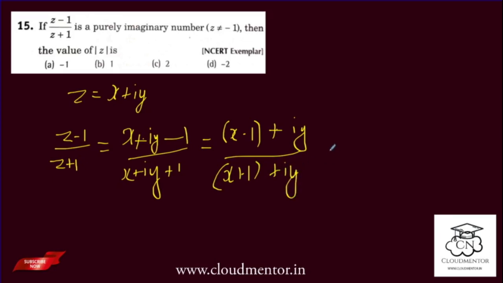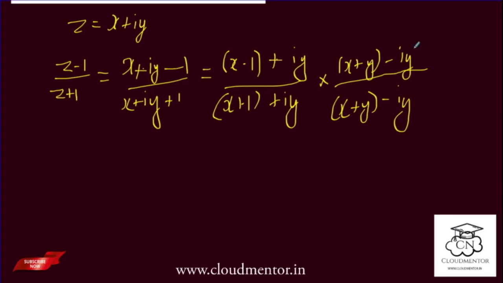To simplify, I am multiplying it with the conjugate of the denominator, that is x plus 1 minus iy divided by x plus 1 minus iy. Okay, and now multiplying we get x minus 1 of x plus 1,